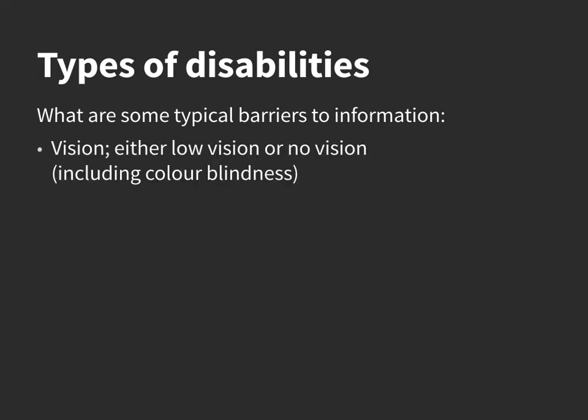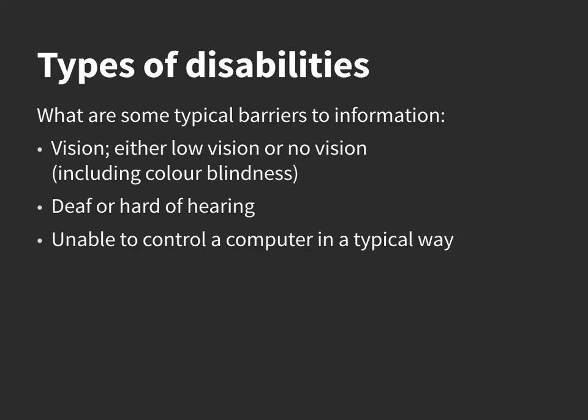Well, it would be impossible to cover everything, but some of the more typical barriers to information are vision, so either low vision or no vision, and yes, this includes color blindness, people who are deaf or hard of hearing, people who are unable to control a computer in a typical way or use special assistive technologies to control their devices or their smartphones or their tablets, people with learning disabilities, people who have language barriers, that's a big one,